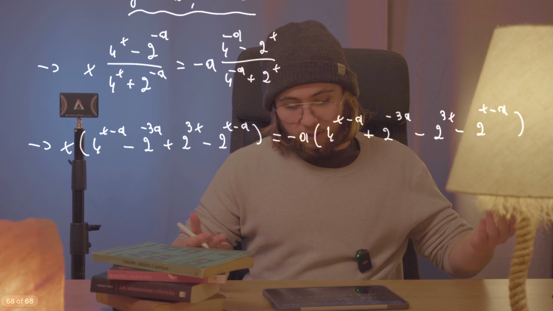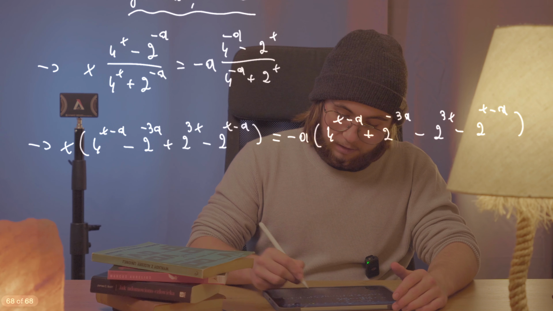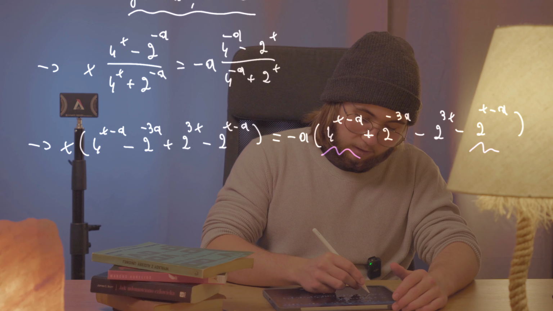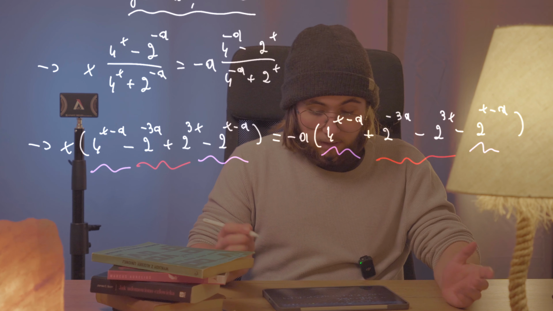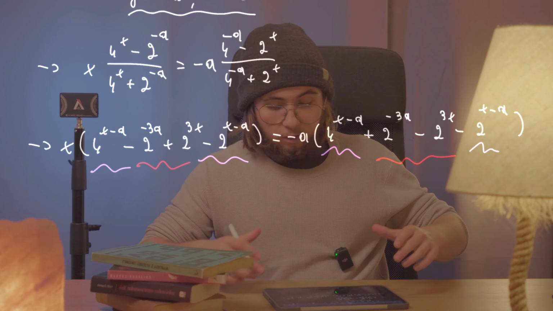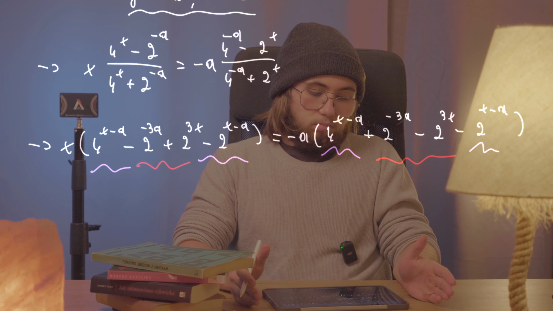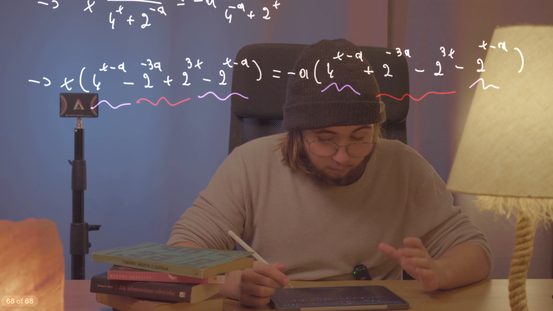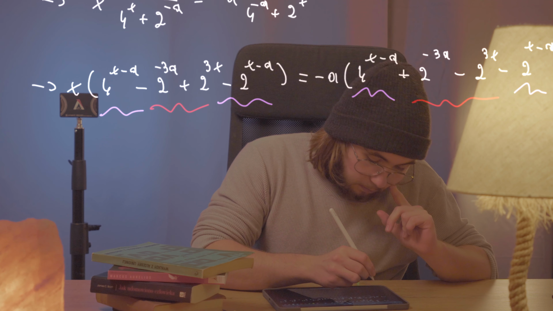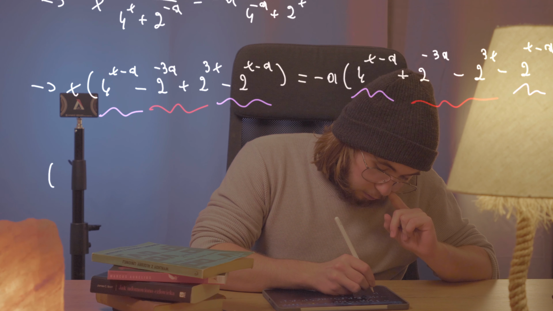So now, once again, we see that this guy right there is going to be the same as this guy right there, and once again, this guy right here is the negative of this guy right there. There's no problem in doing the same thing we did earlier, so just distributing the a and the x across all of those terms and getting those to the left hand side. So after doing that, what we're going to get is, definitely here, 4 to the power of x